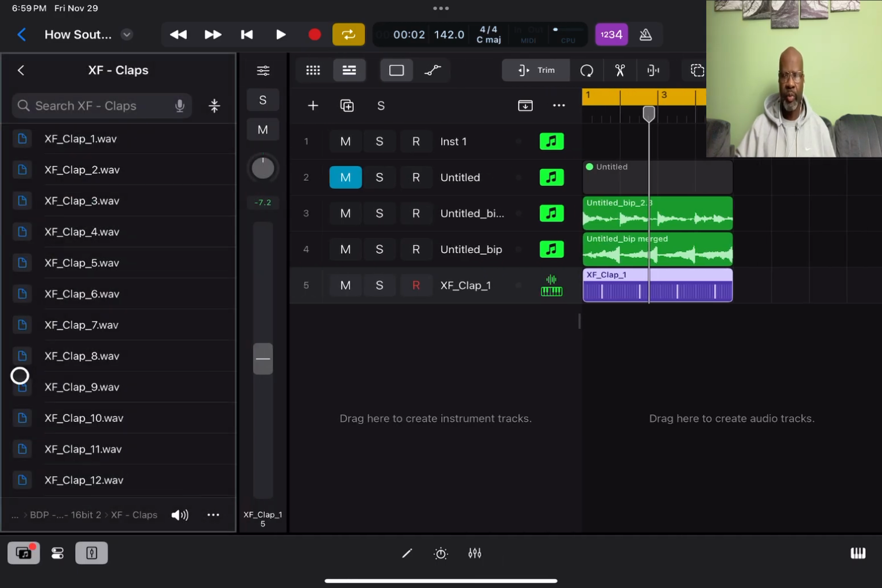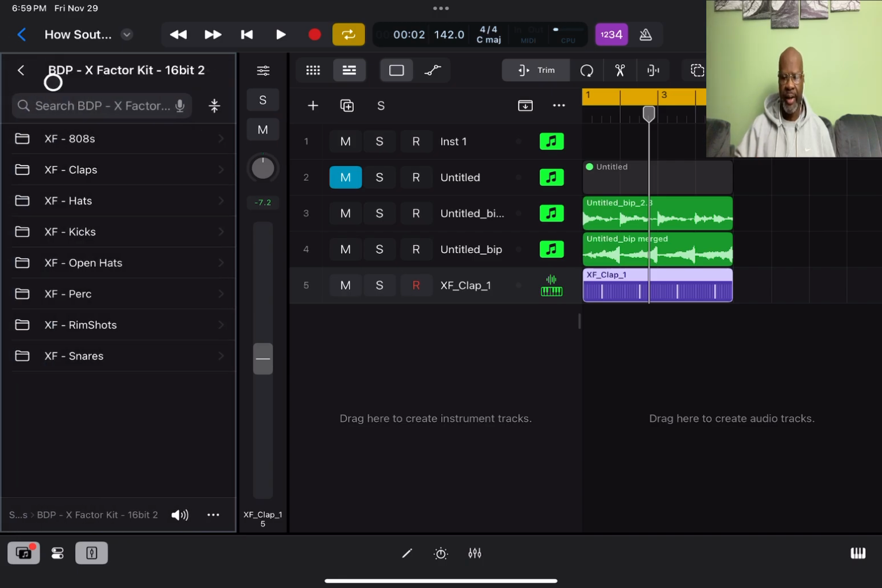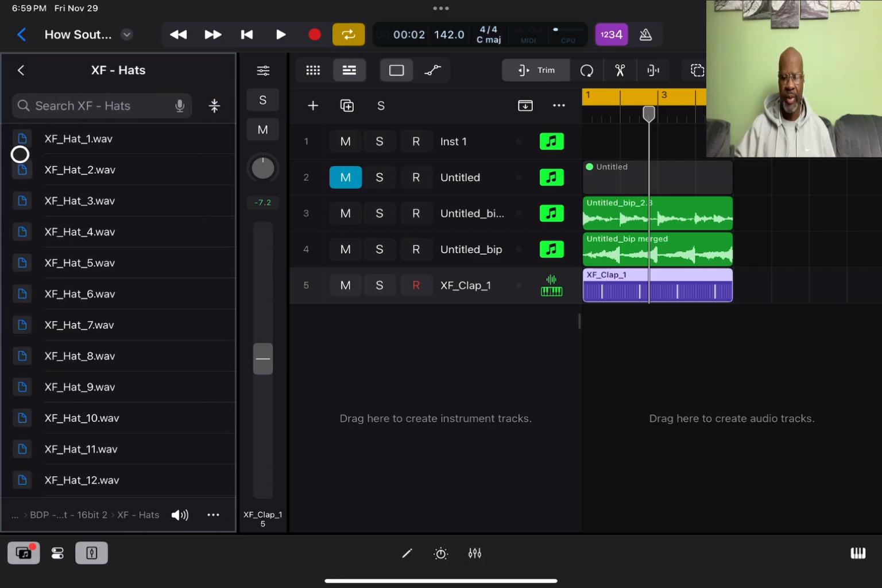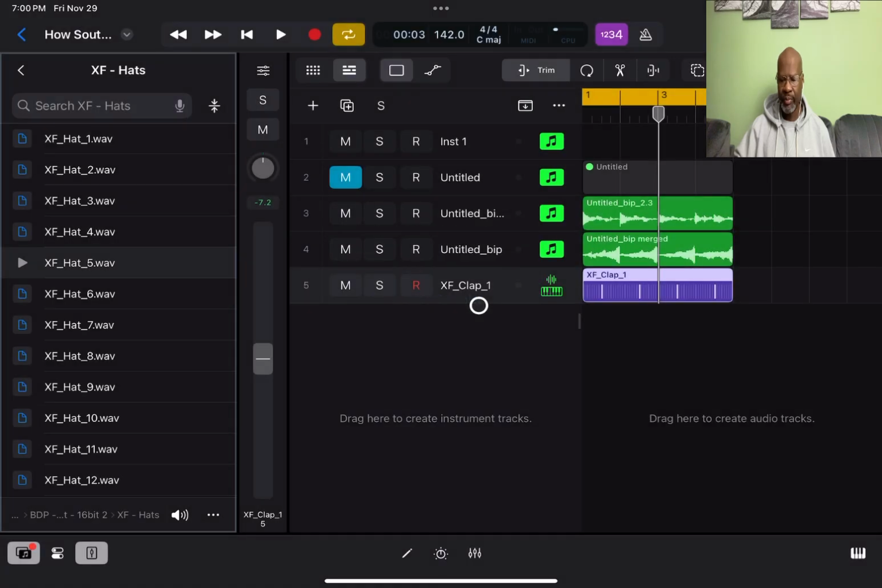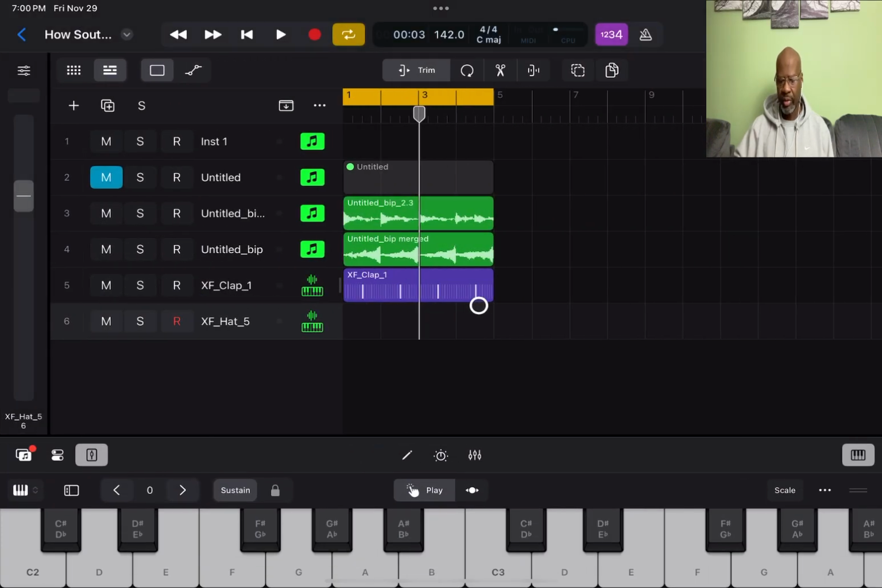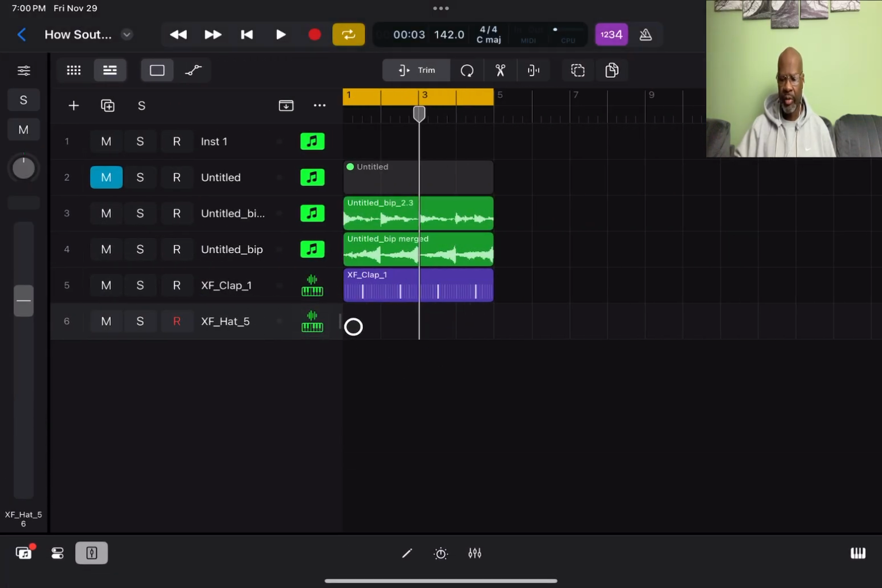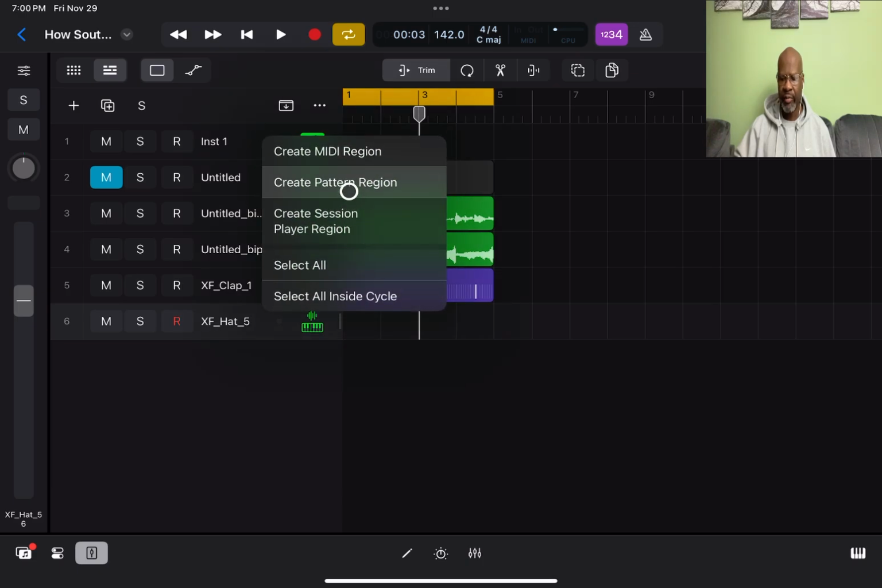The dope thing about the new update is it saves the last kit you was working on. So we don't have to search for that last kit we was working on, like the X Factor kit. We're still in the same kit. So we can go back, and we can go to hi-hats, find some hi-hats, and play that sample again. I'm gonna grab that one right there, hi-hat number 5, same thing, quick sampler, close the browser, close the panel, go right here to an empty spot, create a pattern region,